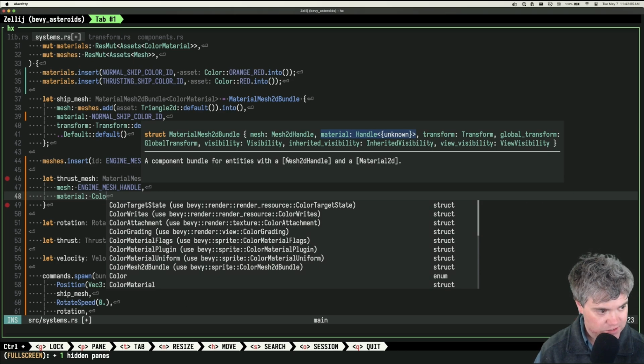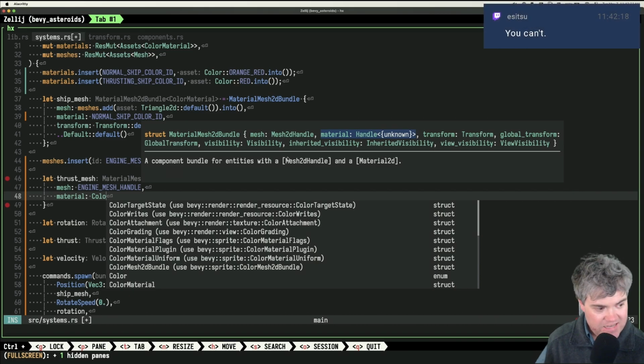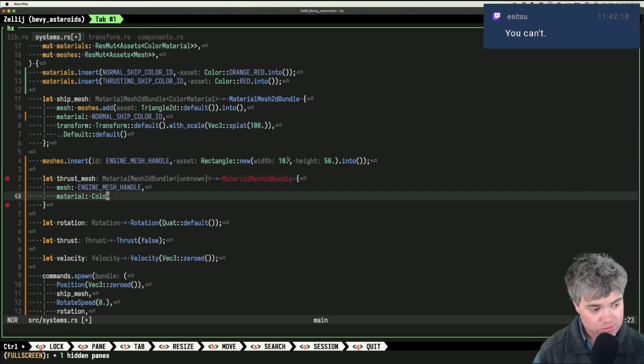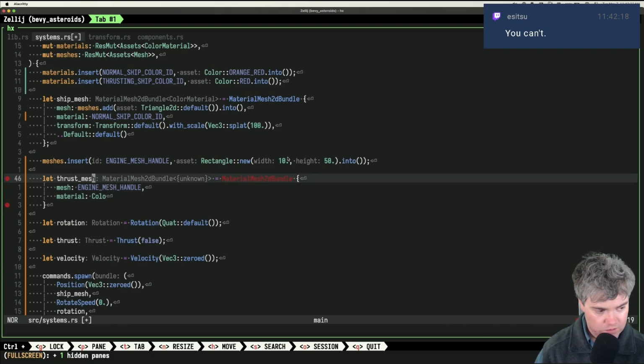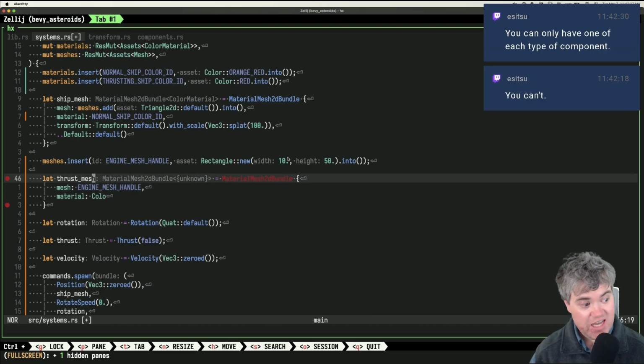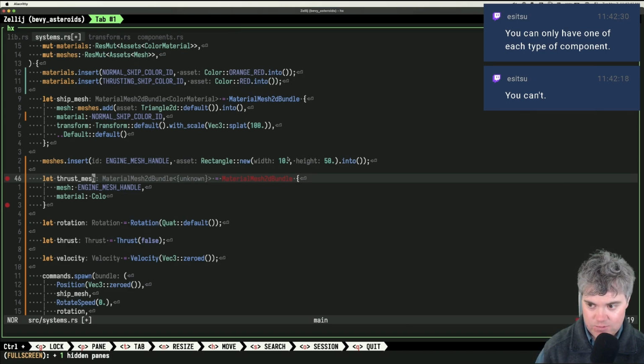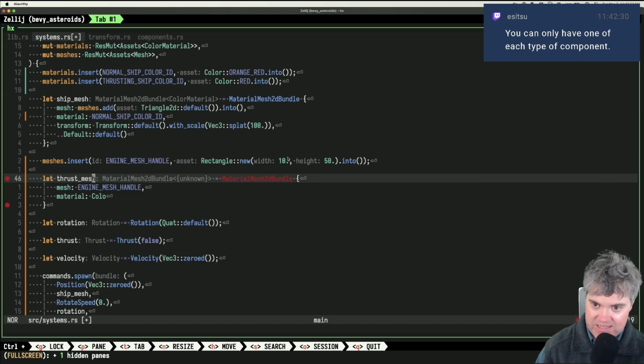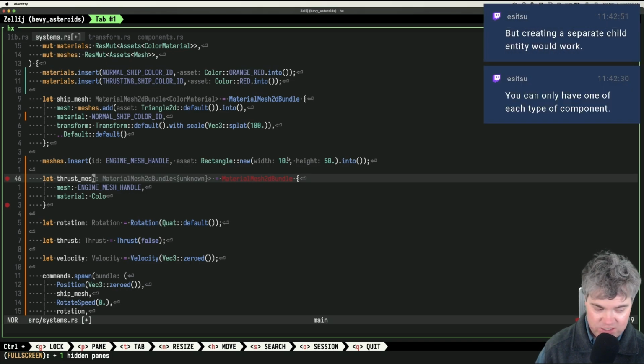I have a mesh that is an entity. Don't I want to create another mesh and add that as a component of this entity? Because the entity is, I can't? Oh, I can't have two meshes as part of one entity? Oh. You can only have one of each type of component. Oh, that's right. I remember that. That's a thing. Okay. So I would need to add this as a second ship mesh.